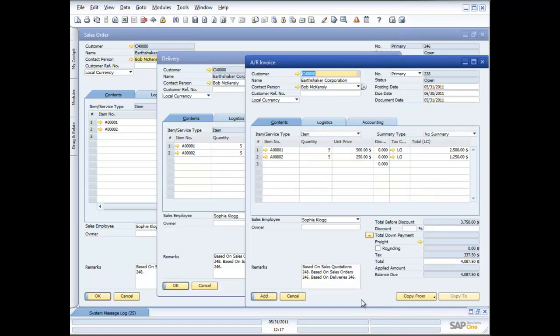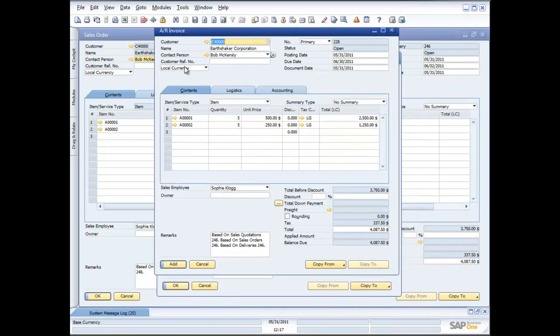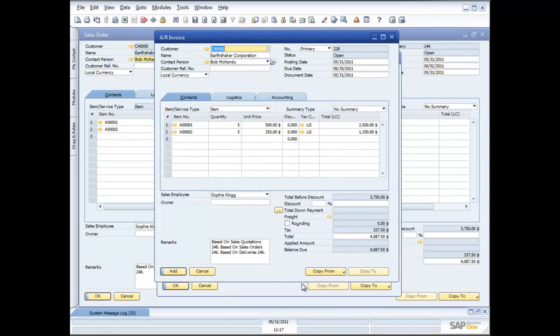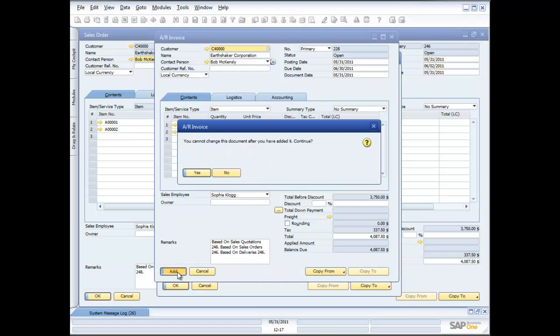So I'm going to copy this to an accounts receivable invoice. There it is. There's my information. That's all done. And you can see, based on sales quotation 248, which was then turned into sales order 246, which was then turned into delivery number 246. It's just a coincidence that those numbers are so close. And then once I've got that, all I need to do is say add. Once again, accounting transactions are going to appear here, and I can say yes. Now,